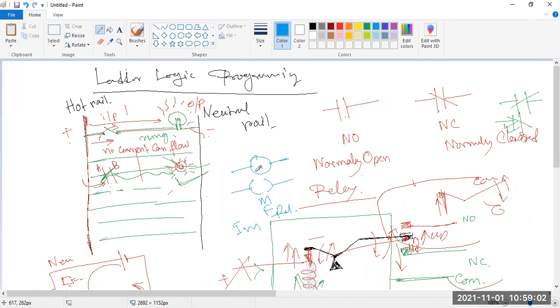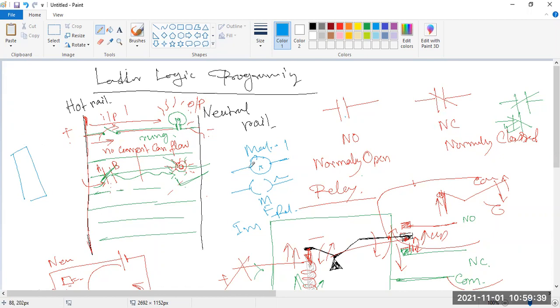But for our convenience, we are putting some addresses, that is input one, module one, or output, or maybe somewhere some tag is permissible, meaning in some higher-range PLCs you can put some alphanumerical names, so this is motor 1, motor 2, drive 1, etc. But in your small PLCs, there is no tag, only your module number is there. How could we put the module number?